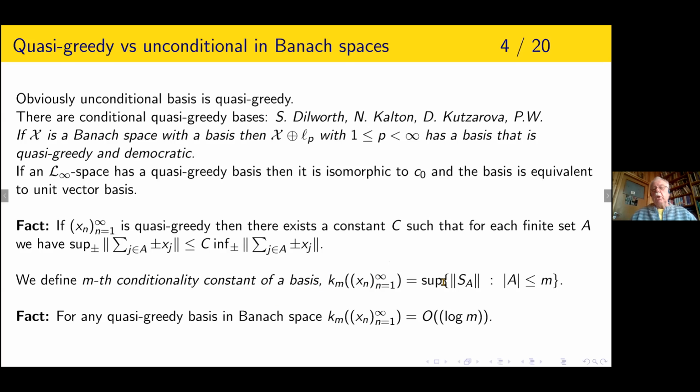For each m, we look at all these partial projections onto m-element sets or smaller, and we take the supremum of the norm. If this stays bounded independently of the set and m, then we have an unconditional basis. If not, the basis is conditional, and how these numbers grow gives us